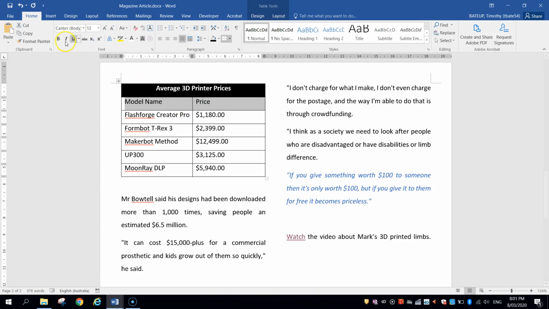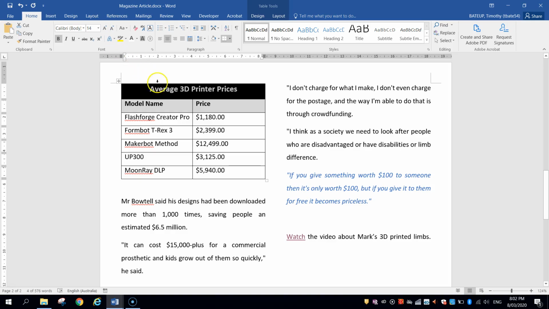On the next line, I'm going to make that text bold as well. And I'm going to change the fill color, which can be done on the home tab as well, by hitting this little arrow next to the fill bucket. And I'm going to choose a light grey color for that. And that's probably all I'm going to change. If you want to add some more color into your table, you can, but remember, we don't want it to look like a rainbow. We just want it to look simple and professional. So something like that I think looks good. I might, just while I'm here, change the heading size to 14, just so it's a little bit bigger. So size 14 for the heading, size 12 for the rest of the text there.